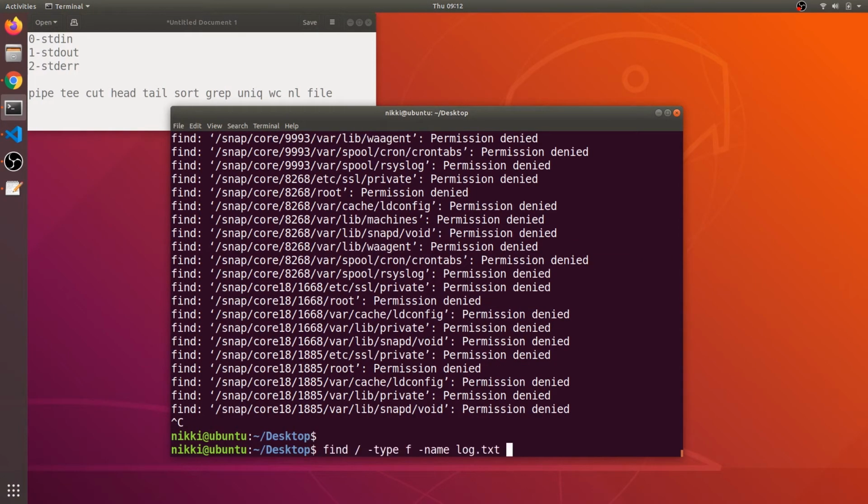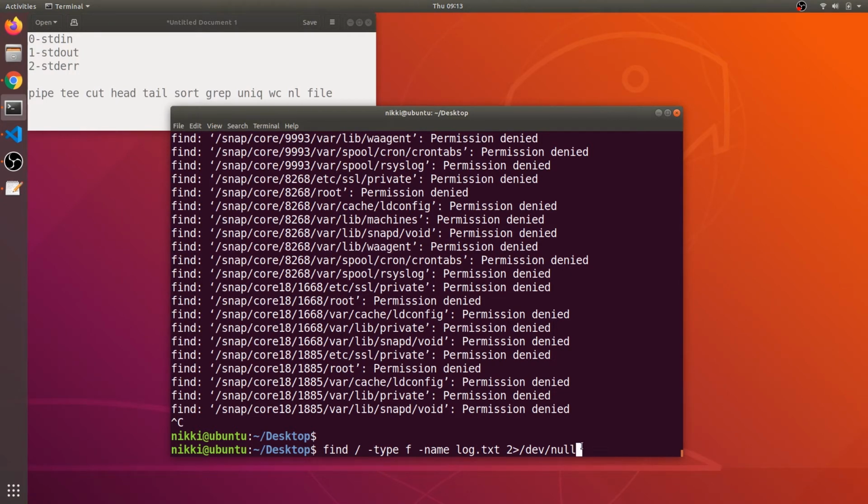So one way to get rid of these error messages is to say 2>, which is the standard error file descriptor, and redirect to /dev/null. So this /dev/null is like a black hole. Whatever contents we pass to /dev/null automatically get deleted within a second.